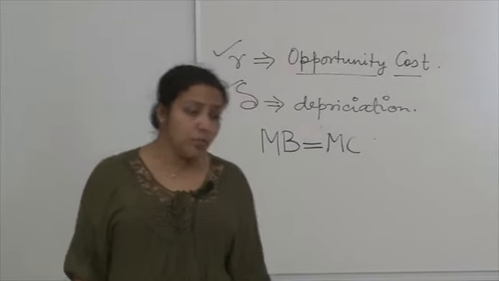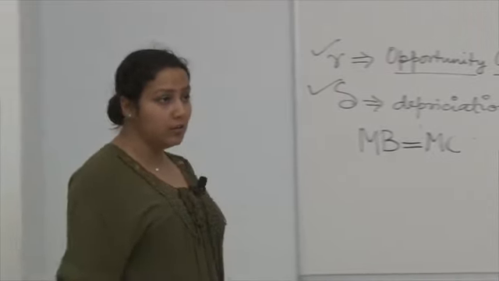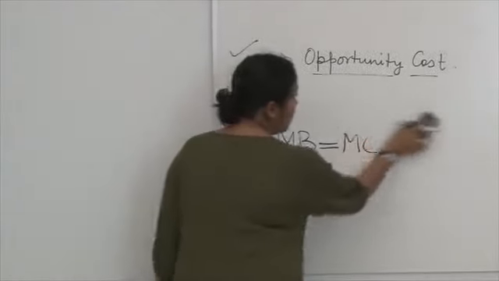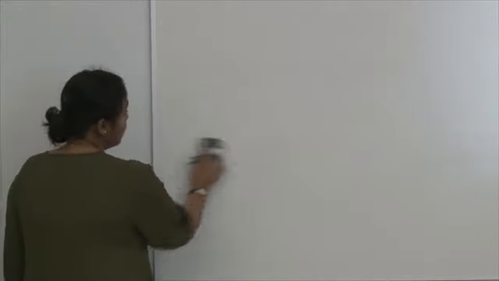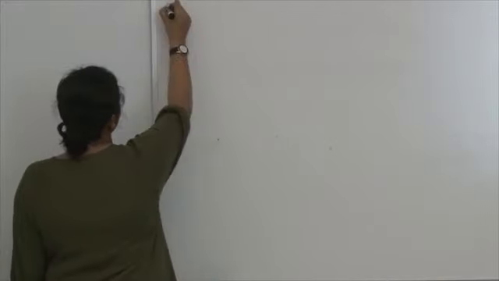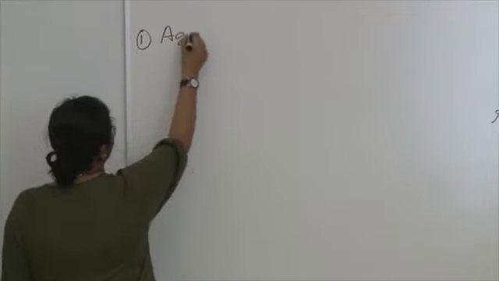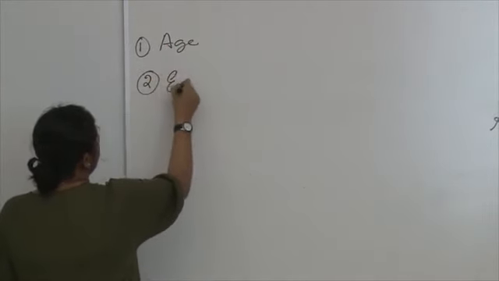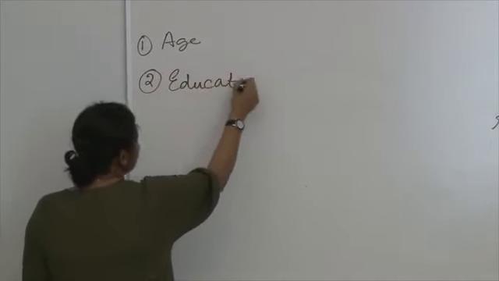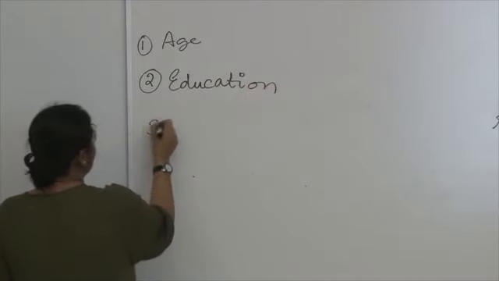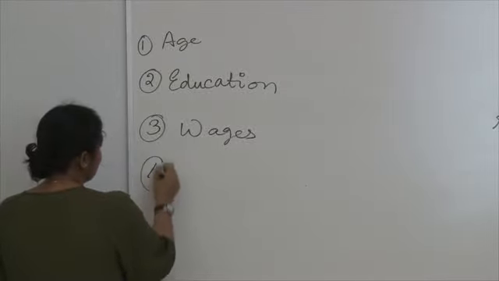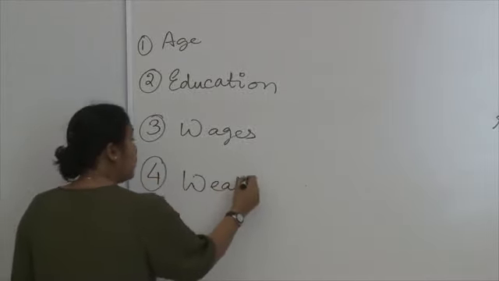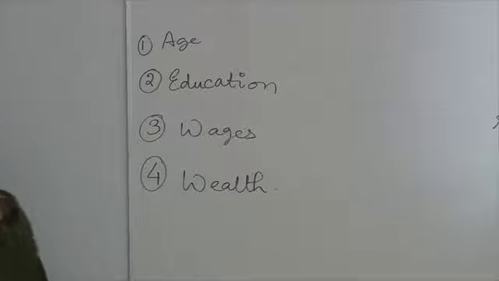Okay. So, there could be different things that change that level. But we are going to look at a couple of things. We are going to talk about the most common things that change that level. First, let us talk about depreciation, first let us talk about age. So, we are going to talk about age, education, wages, wealth, and there could be a host of other different things, okay.